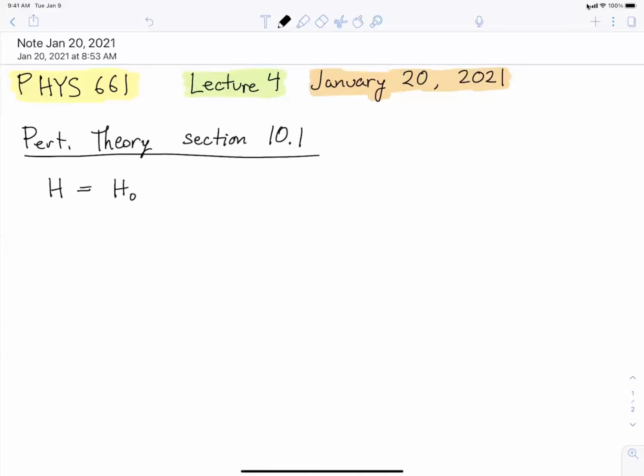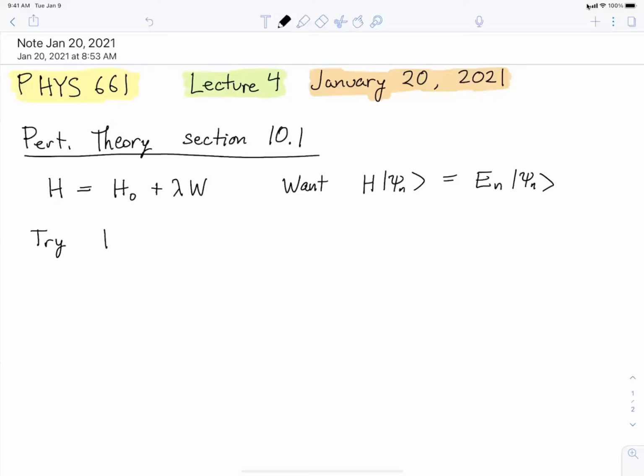And so the idea here is that we're starting off with some Hamiltonian, which consists of a part H0, which is small, and another part W, which is complicated perhaps, or just difficult to deal with. And what we want is to solve the eigenvalue equation for that Hamiltonian. So we want to act on some eigenstate psi sub n and get back some perturbed energies E sub n. And our strategy for doing this was to try a solution of the following form: